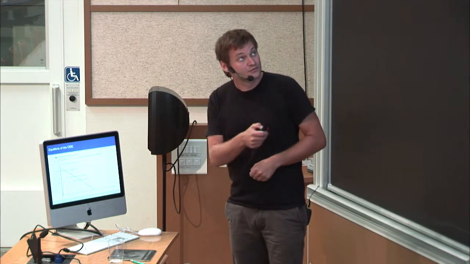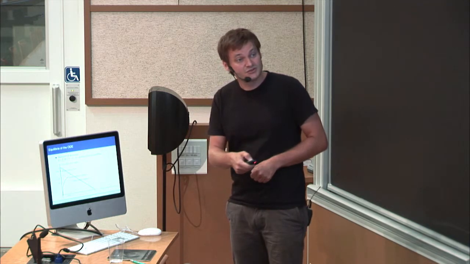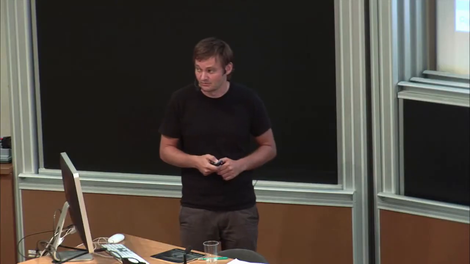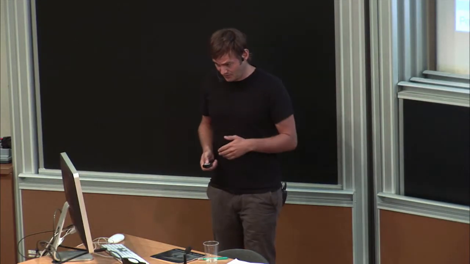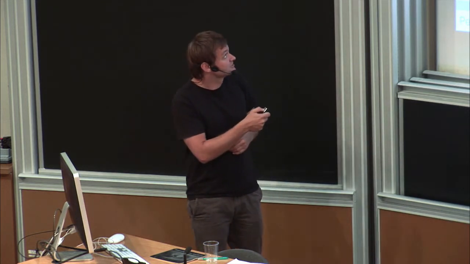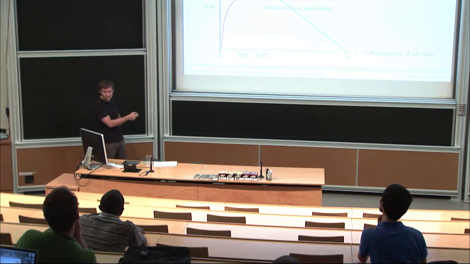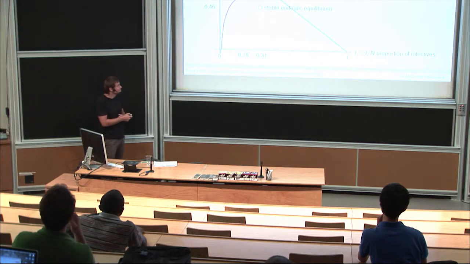So I drew this picture. Here I've reduced the dimension from 3 to 2. That's easy because S is N minus I minus V, because the population size is fixed, and then I've replaced the number of individuals by the proportion of individuals in the population. And now, as we see here, for the parameter choices of this picture, here we have the proportion of vaccinated, and here we have the proportion of infectives. So on this line we have no infectives, no vaccinated, and on this line we have no susceptibles, the blue one. So we have a disease-free equilibrium, we have a stable endemic equilibrium here, and then we have this